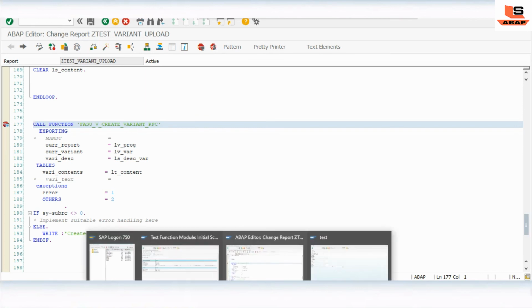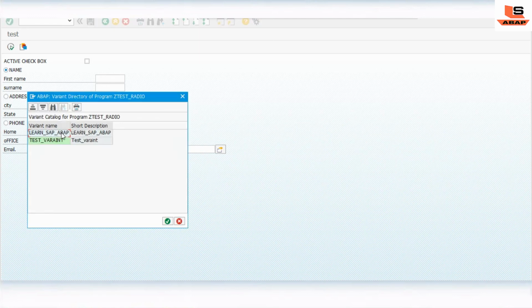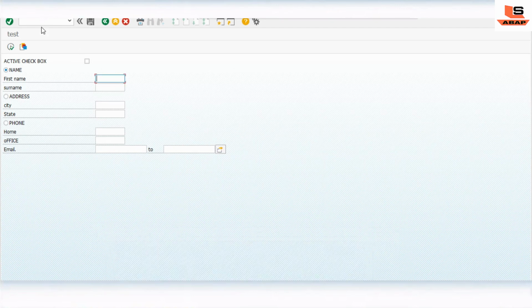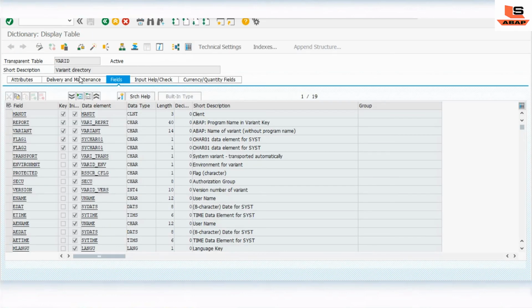Before that, I will show you: as you can see here, we have only two variants, Learn SAP web and test variant, and we have our own table also, C11 where id. As I already told you in the last video, whatever variant we create, it will store the data inside this where id table.